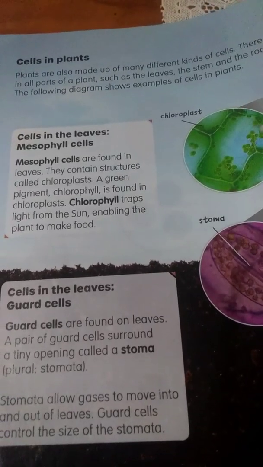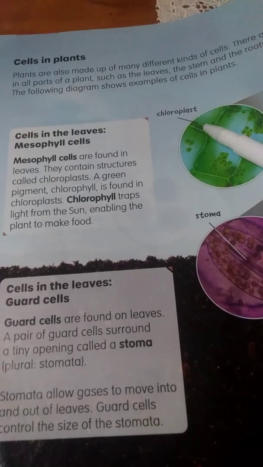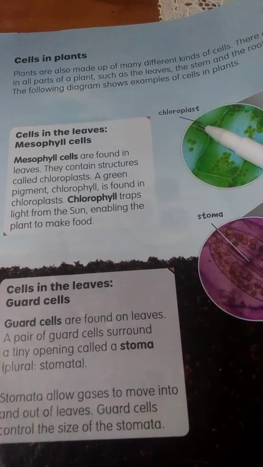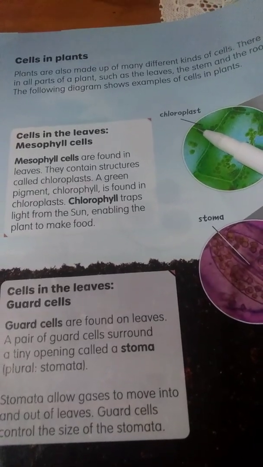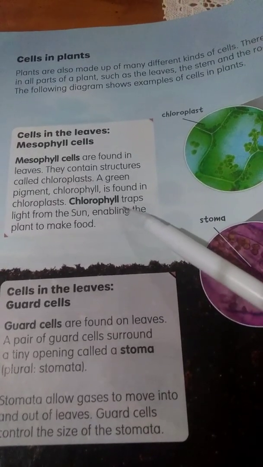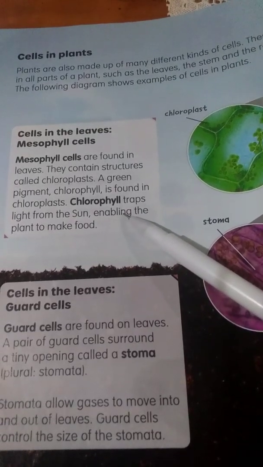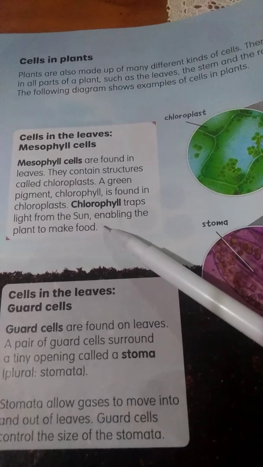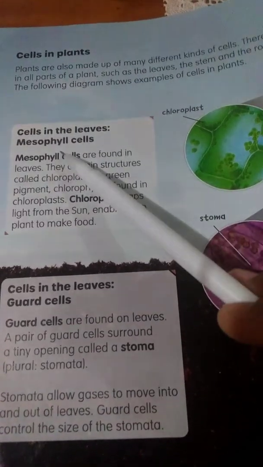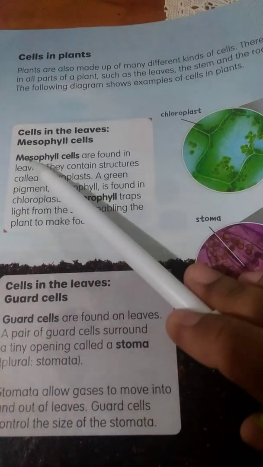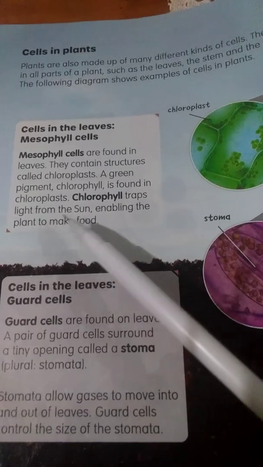Jadi mesophyll, in the mesophyll you can find chloroplast. Inside the chloroplast there is chlorophyll. Ada chlorophyll di dalam chloroplast, green pigment ya. Jadi apa fungsinya? Look at this, the function of chlorophyll is to trap the light from the sun. Jadi dia menjebak sinar matahari so the plant can make food. Jadi tanaman bisa fotosintesis. So I can say that mesophyll, the function of mesophyll is to make food atau to do